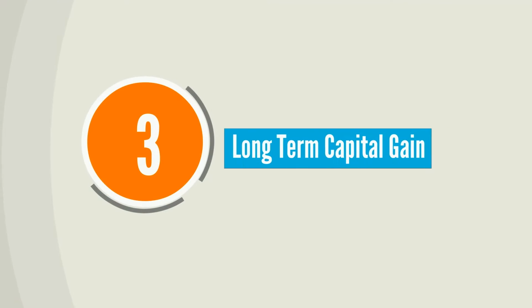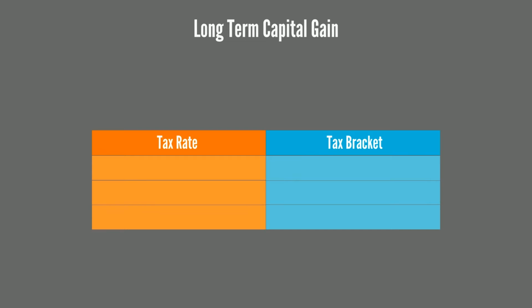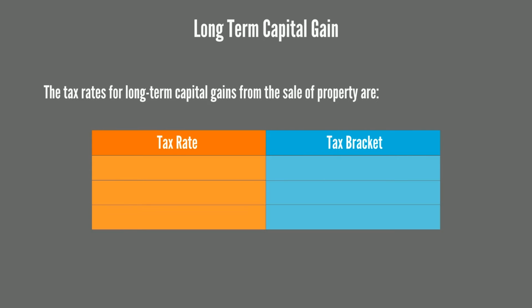Number 3, long-term capital gain. Long-term capital gains receive favorable tax rates and apply to property held for more than 1 year prior to the sale. The long-term capital gain rate from the sale of your U.S. property is calculated based on your tax bracket. The tax rates for long-term capital gains from the sale of property are 0% tax rate, 10 to 15%, 15% tax rate, 23 to 35%, 20% tax rate,